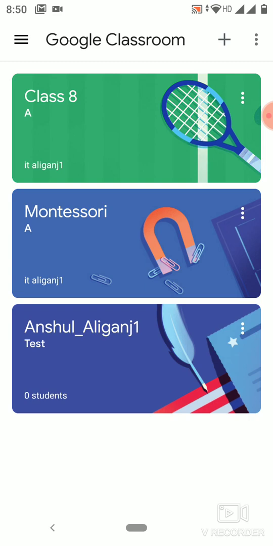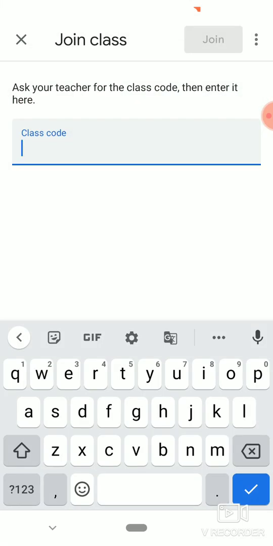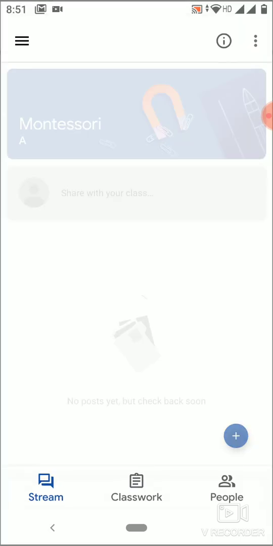So as a student, in your case it will be blank for the first time. So let's see, when you log in and join that classroom through the code which the teacher has given, just click plus icon and join class and type the code here and click join. Let's see what happens.